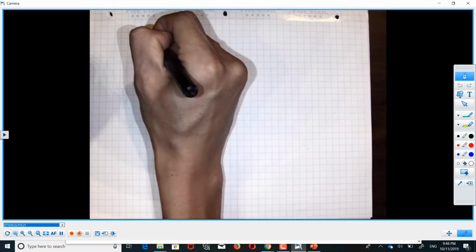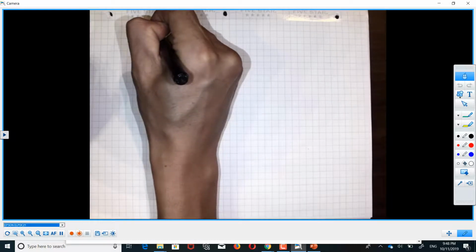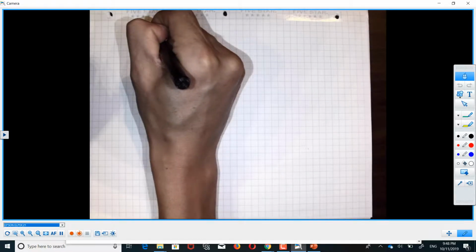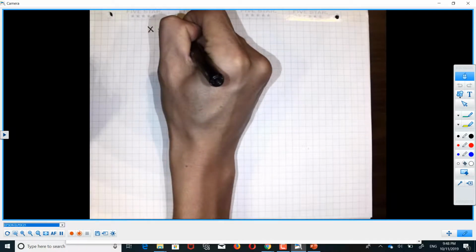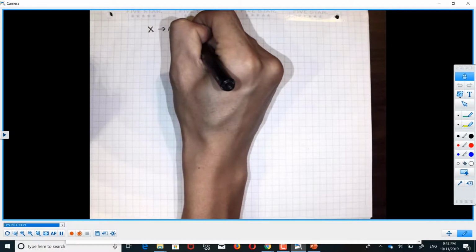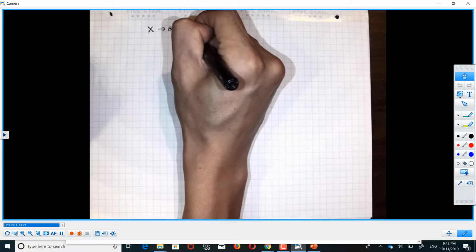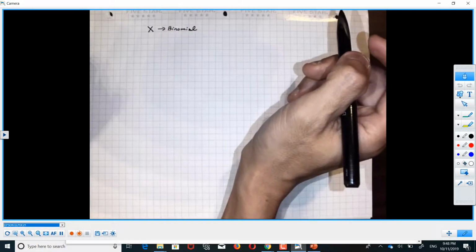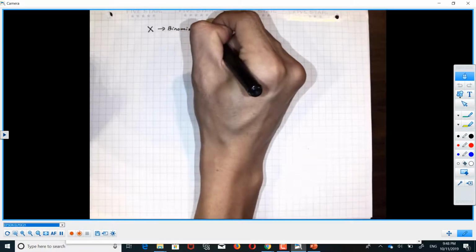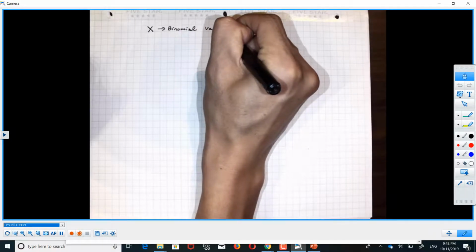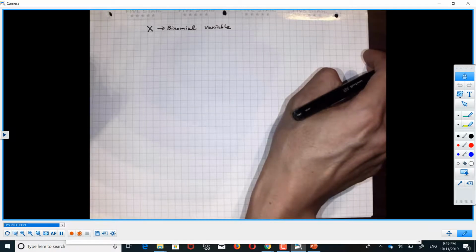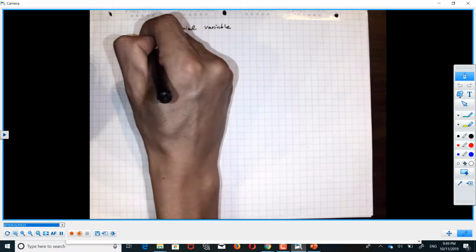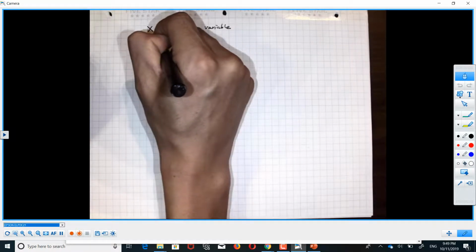So let's say the probability, right? For example, our assumption is that the random variable x is a binomial variable. So that's our assumption, right? And that's why we can use the binomial distribution formula. So the probability that x